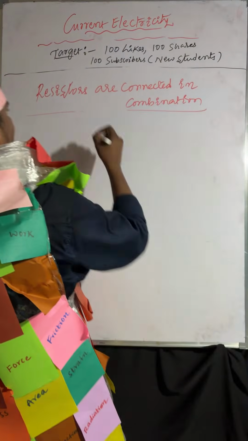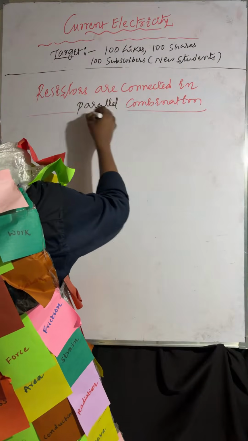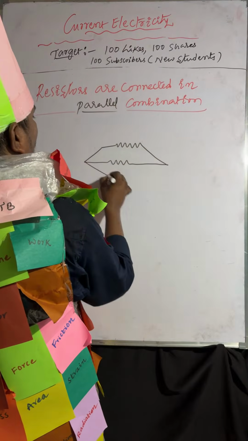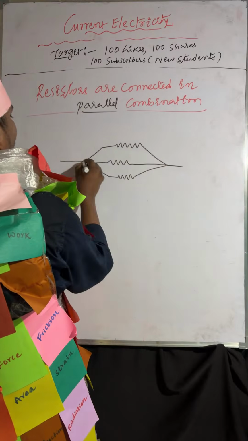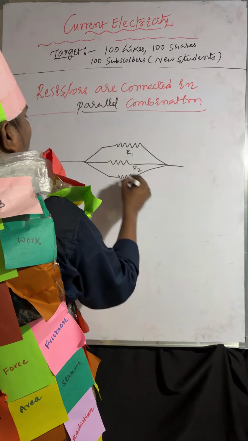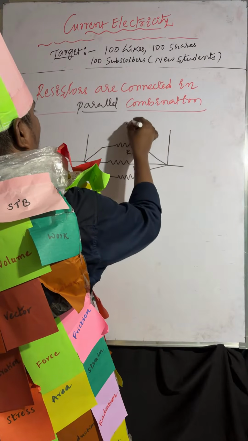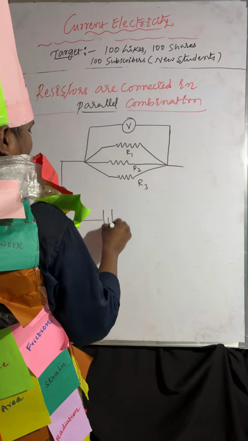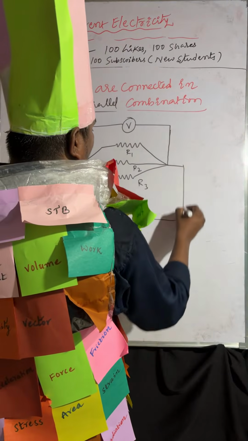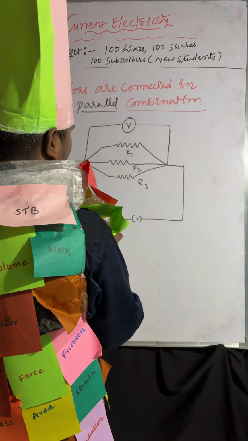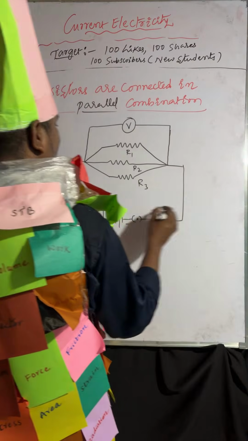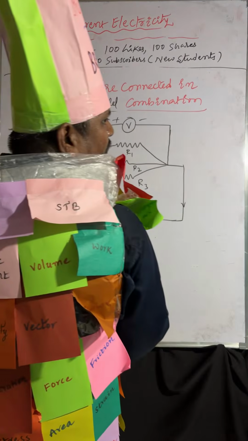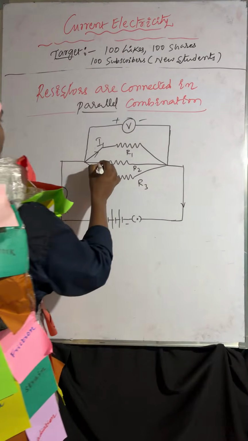Next, parallel combination. I am taking resistors R1, R2, R3 in parallel. Across this I am connecting a potential difference V. Here is the switch, and this is a battery. Current is flowing, with an ammeter reading and a voltmeter reading. Through R1 is I1, through R2 is I2,